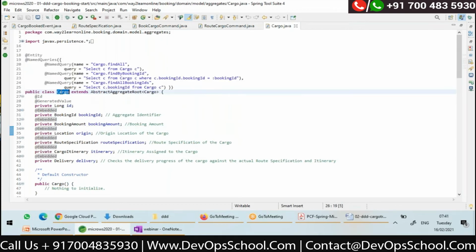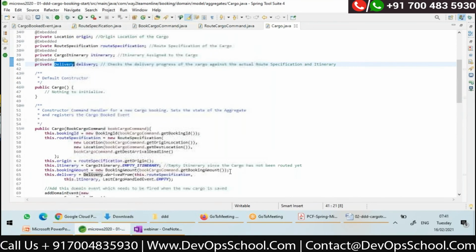I modeled it as an entity, and it is extending something called abstract aggregate root. I'll explain you what is the purpose of it. Just see right now. So here I have all the fields related to cargo. Here you can see route specification is embedded, cargo itinerary is embedded, delivery. These are all the value objects.